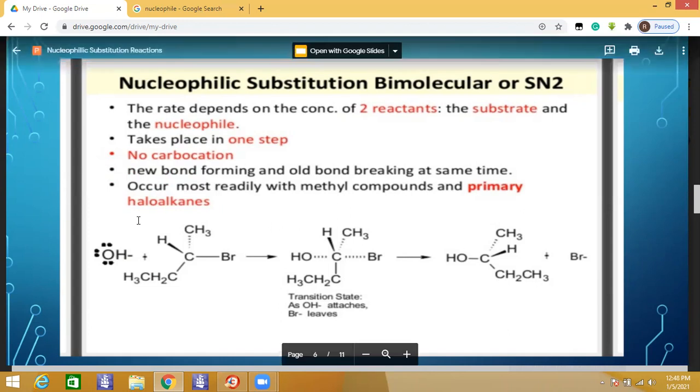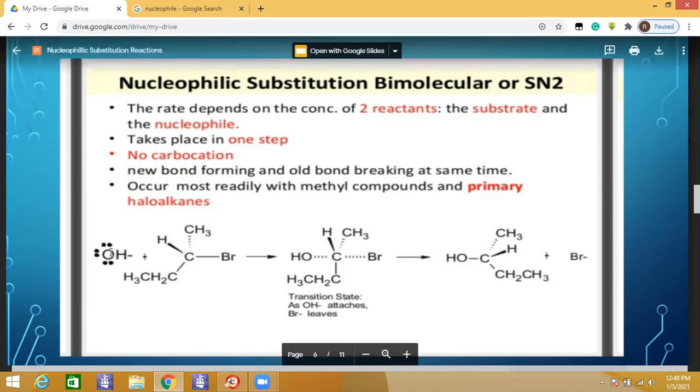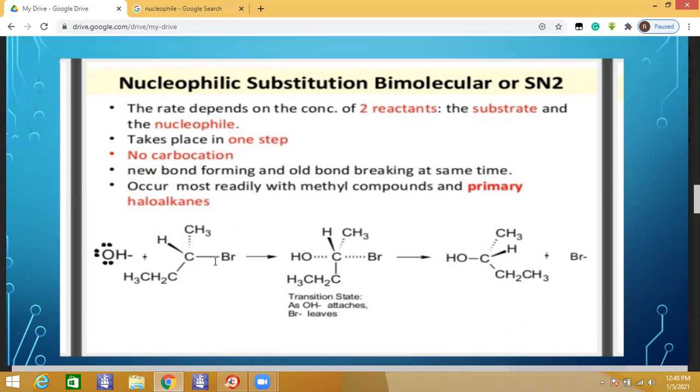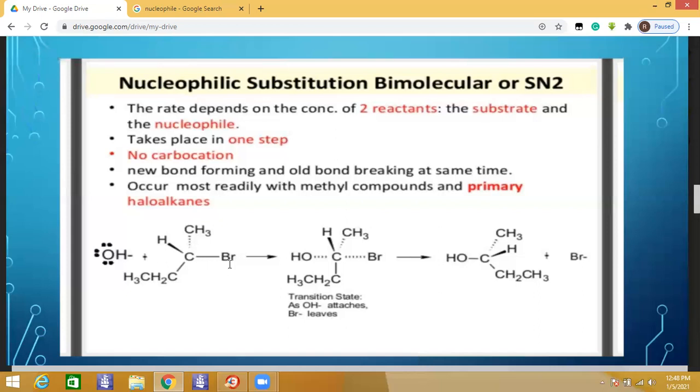Look at this reaction, this hydroxide which is reacting with this alkyl halide. What happened in it? The nucleophile is attacking from the back side, and this situation is formed where formation of the C-OH bond is happening and C-Br bond cleavage occurs simultaneously. In this state, what happened? This is the transition state,